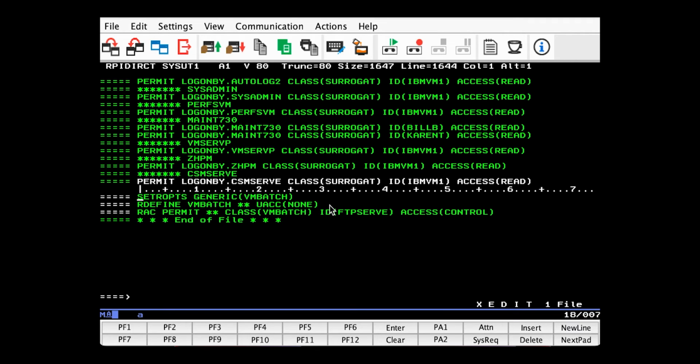And any resource profile with an asterisk is generic, but 2 asterisks means all user profiles. So what we're doing here is giving FTP serve the ability to send commands to all user IDs, which for FTP is needed. Next, we're going to enable passphrase encryption, which we do